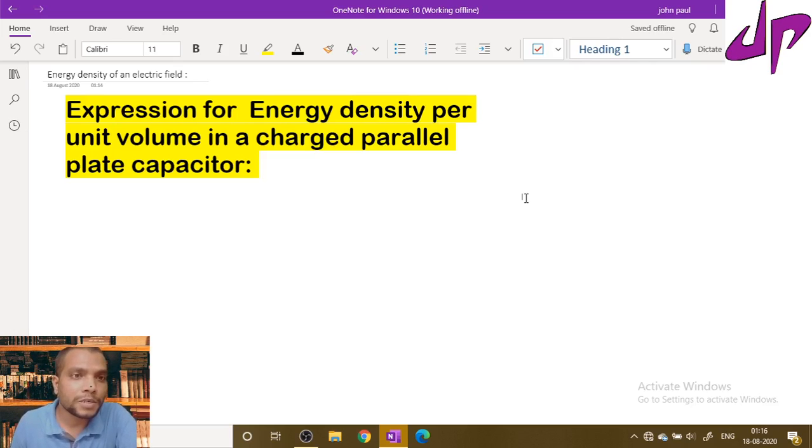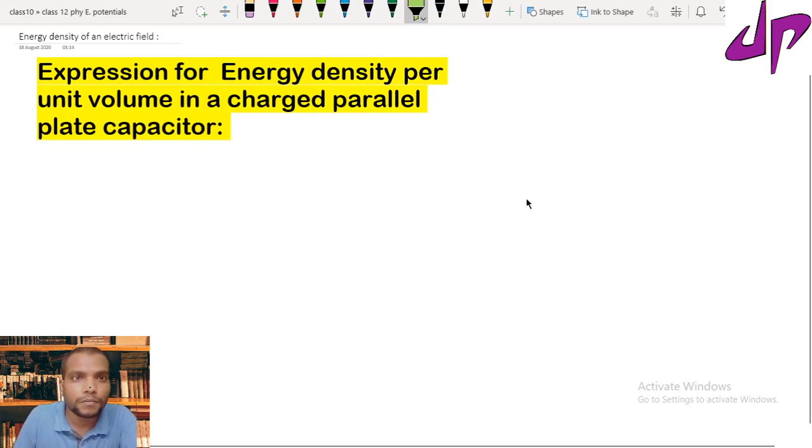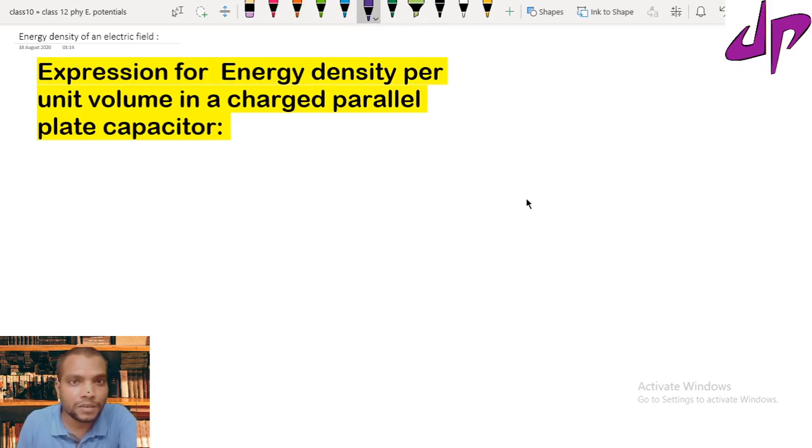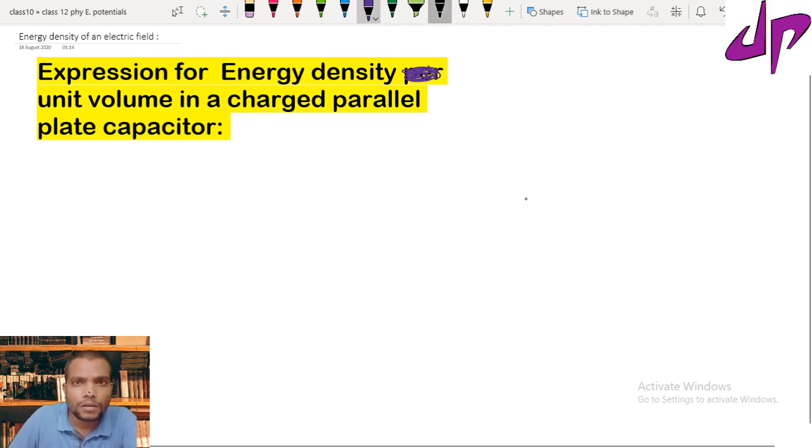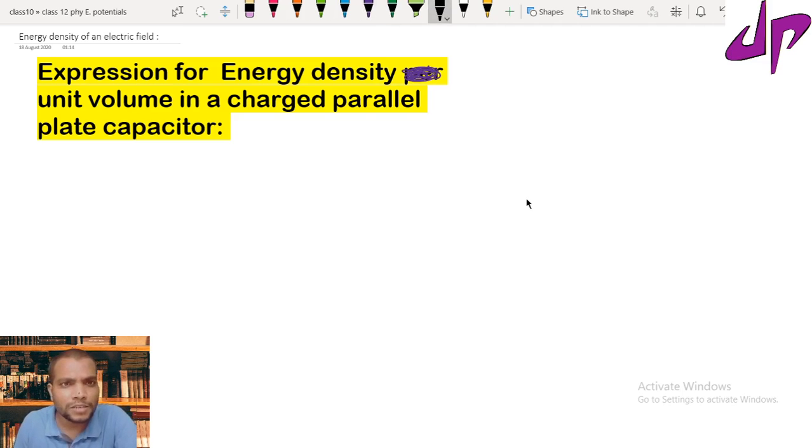Let us derive one more expression, that is the expression for energy density, or energy per unit volume. So this is the energy density, per unit volume, of a charged parallel plate capacitor. This is a very small expression, but we need to recall